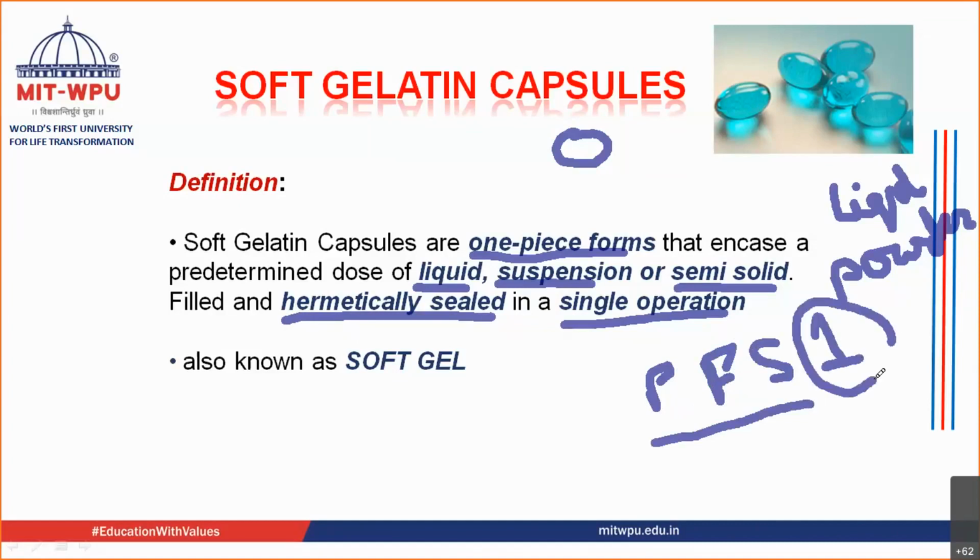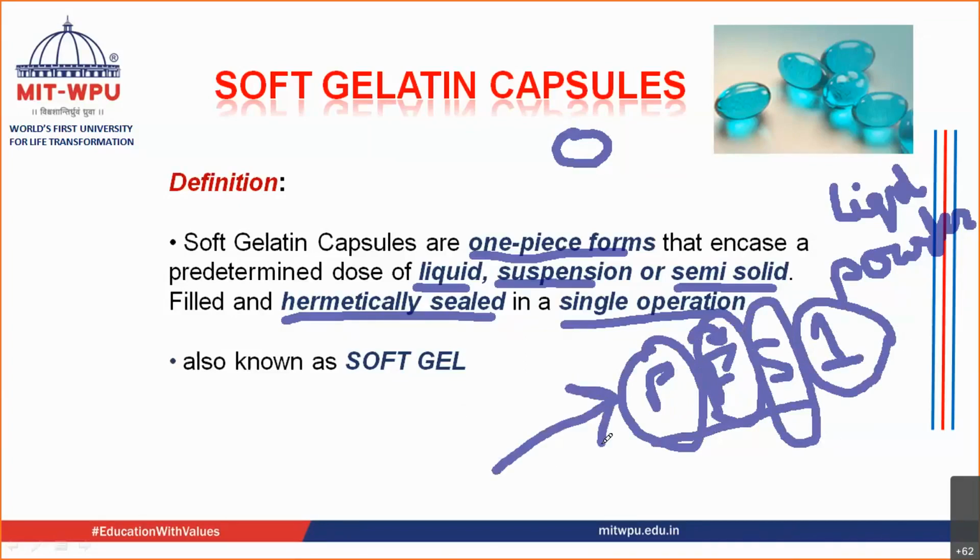If you have seen in hard gelatin capsule how it was, preparation was done by some company which was brought to you. After bringing that capsule in some different unit, you used to fill it using those different equipment, automatic, semi-automatic, or hand operated. And then the next machine used to seal it. So there were three different processes of preparing the capsule, filling the capsule, and sealing the capsule. Here the capsule is prepared, filled, and hermetically sealed in a single operation. How that happens we are going to see in our last lecture of soft gelatin capsule.